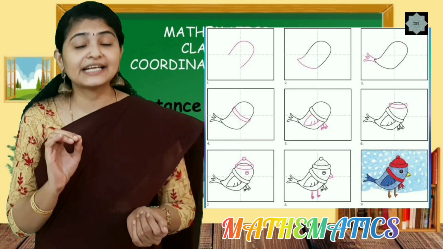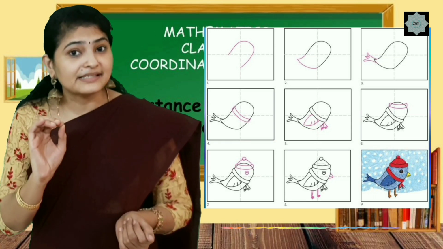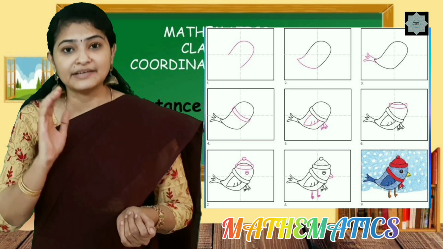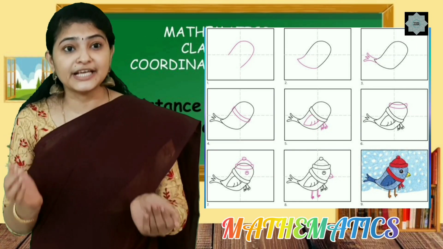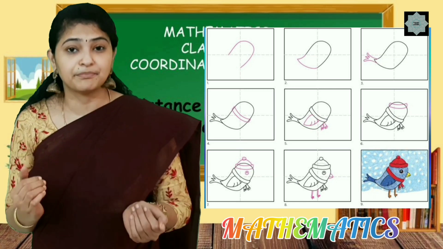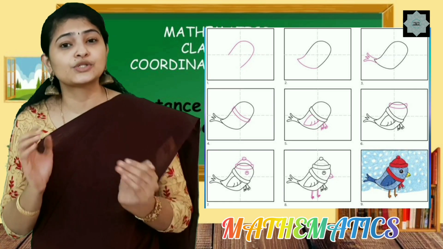Draw a few lines on this image vertically and horizontally. It should be at the same distance. Then we get some small squares. When we bring the parts of these squares back to the next paper, we just need to draw the same parts as they come in those squares.